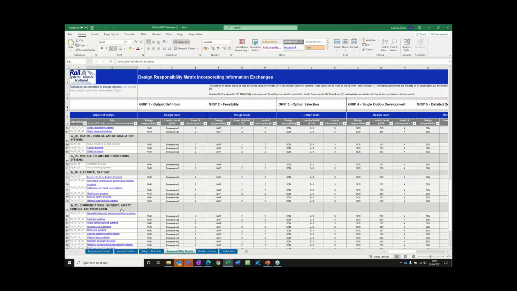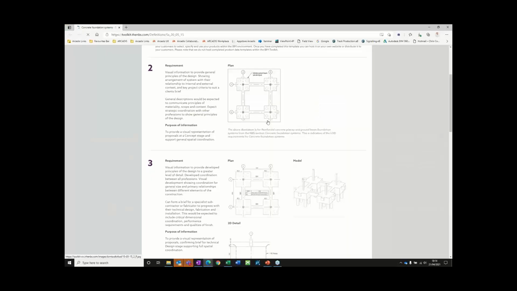This is the kind of information that you would expect to see attached to the information within your model. If I go back to that, let's just say we went to ballasted rail track systems, and hope it's not too slow. Ballasted rail track systems, there you go.